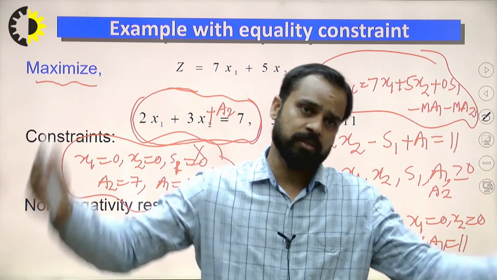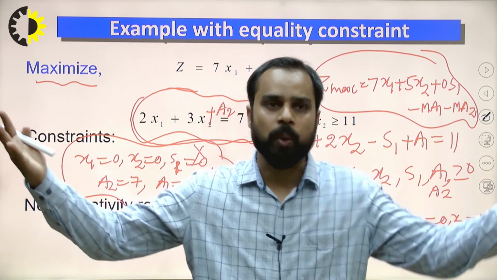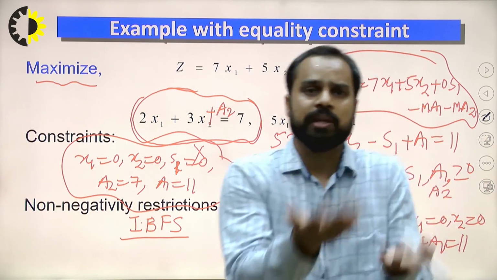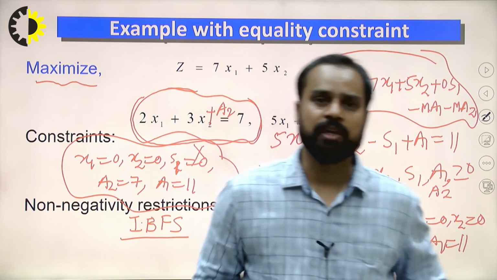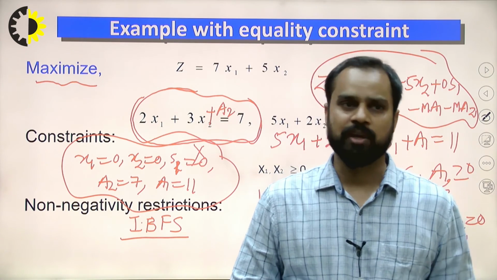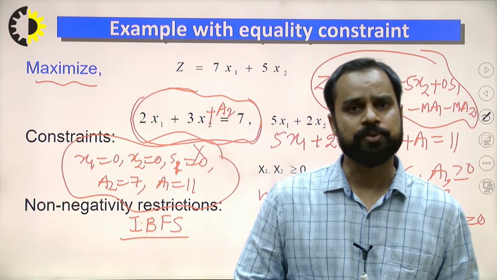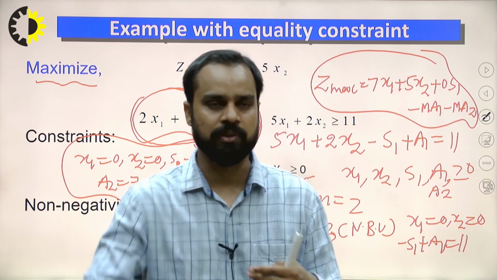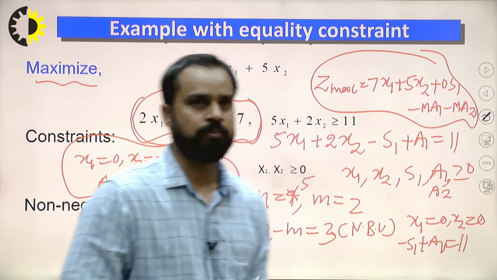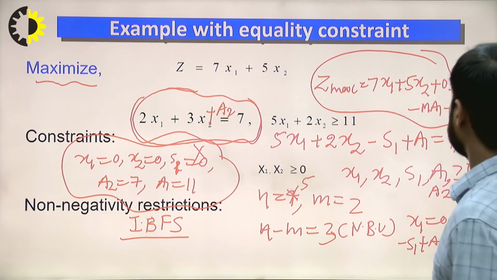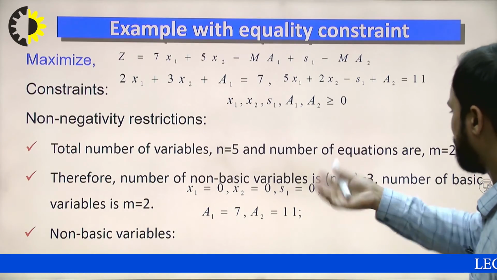So sometimes in equality type it is required, sometimes it is not required. So always check whether it is required. If you are unable to find out the basic solution, then introduce it, and you are able to find out the basic feasible solution. If you are able to find out the basic feasible solution, then you can further iterate for the betterment of the problem. Right?